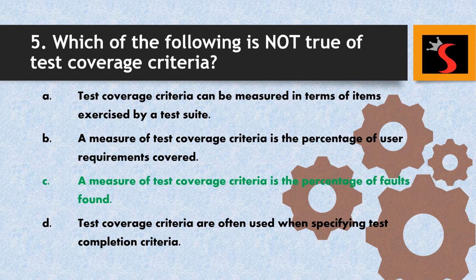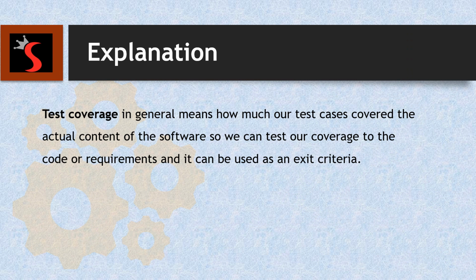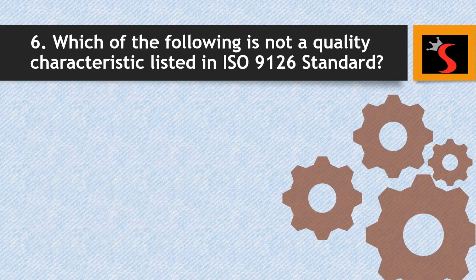And the right answer is option C. A measure of test coverage criteria is the percentage of faults found. Explanation: Test coverage in general means how much our test cases covered the actual content of the software. So we can test our coverage to the code or requirements and it can be used as an exit criteria. Which of the following is not a quality characteristic listed in ISO